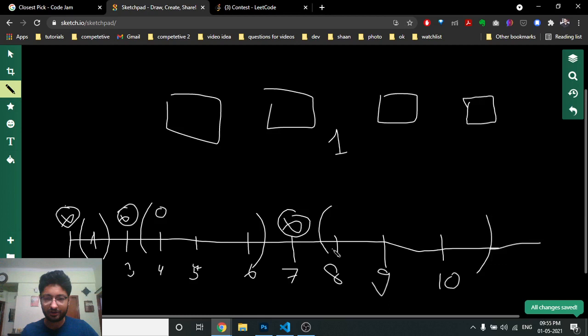So for all the positions you have a distance smaller than all the other distances, because this is the closest one and that is behind you. So for all the positions you have a better opportunity. So as you can see, if